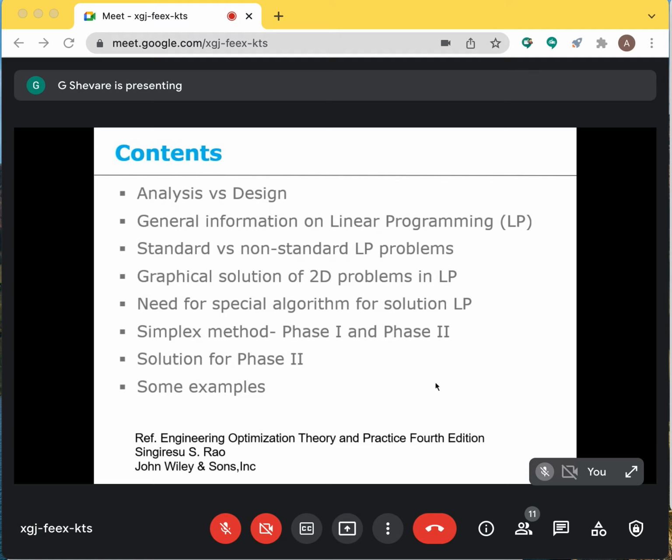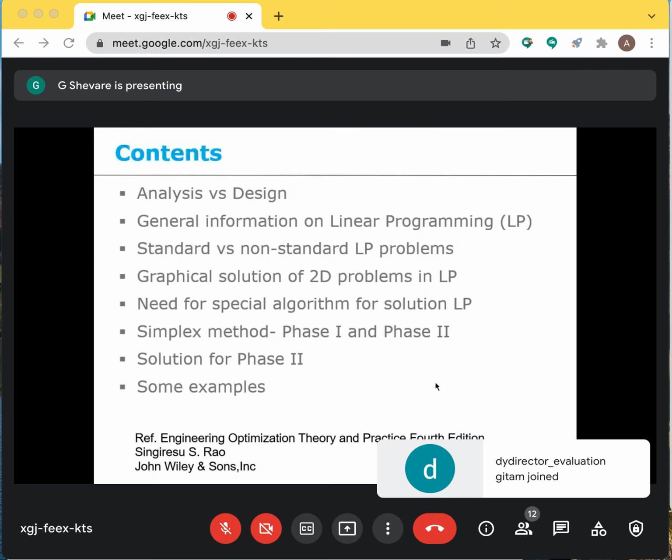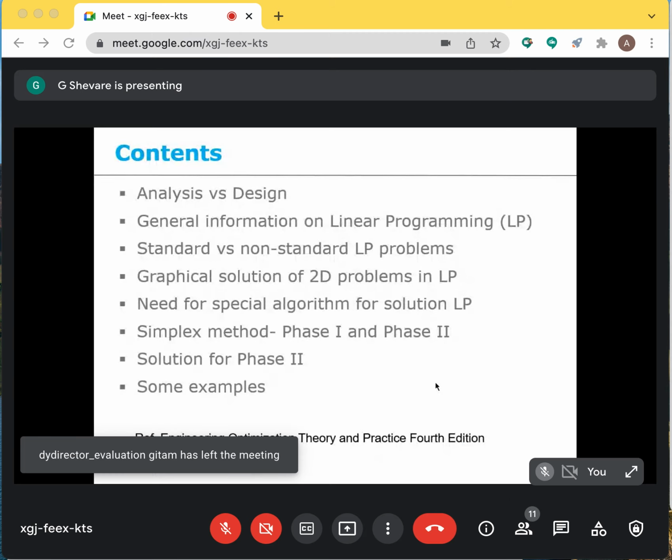Then we shall have a couple of slides on why we need a special algorithm in linear programming. That is something which we shall have a look at. Then we'll look at a method which is called the simplex method, which is a very popular method. And this is one of the first methods that you are supposed to study, though this is not the only method. In fact, this is one of the simplest methods. It is just scratching the surface of the complexity of linear programming. But that's good enough. Even here, this method is studied in phase 1 and phase 2.